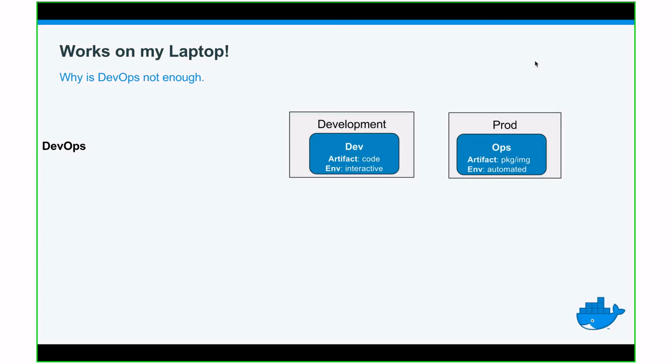So if you want to use a different IP address in your code, you can just hack it in the code, and then you do whatever you need to do to make it work. Where the pain comes in is if you have this code developed and you want to put it in production, you have to bring it to operations.